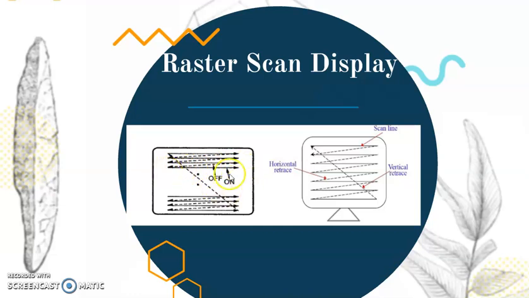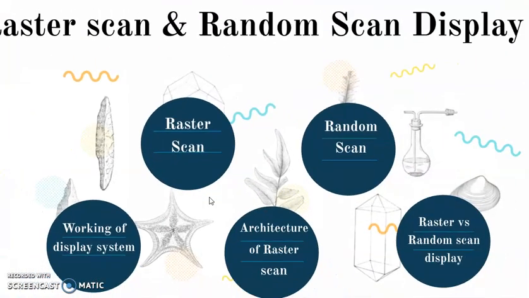If scanning is off, retracing will be on. That means only one thing at a time will go on. So this is nothing but how a raster scan display works pixel wise. If I want to draw a line, I will draw it pixel wise. If I want to draw a circle, I will draw it pixel wise. So any image drawn on a raster scan display is done pixel wise.